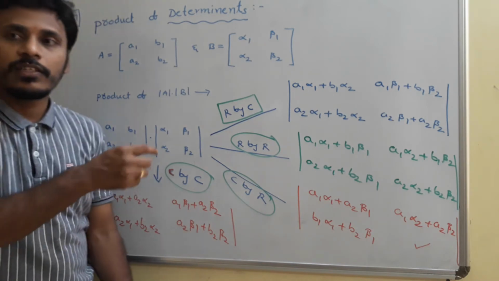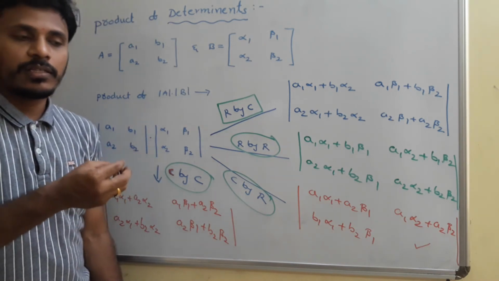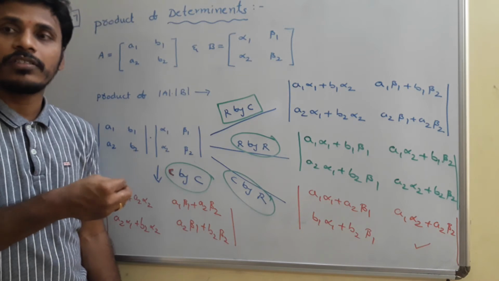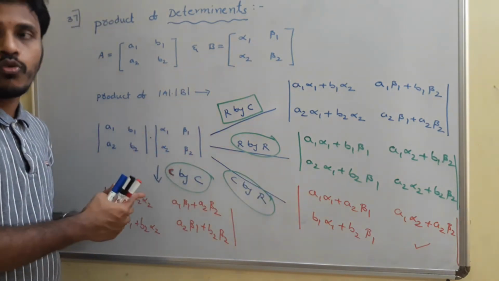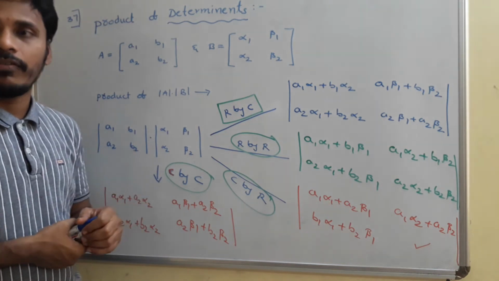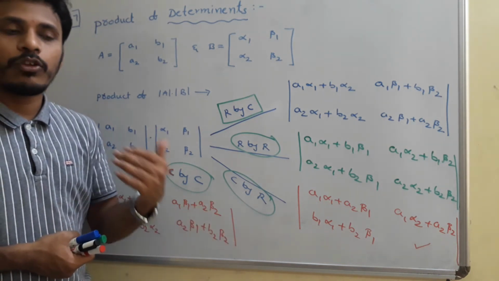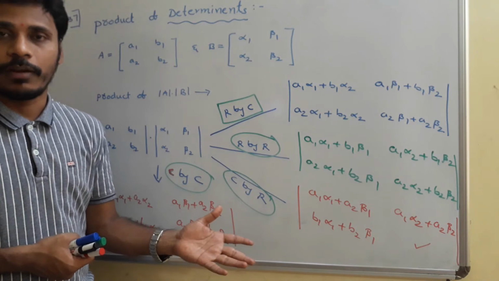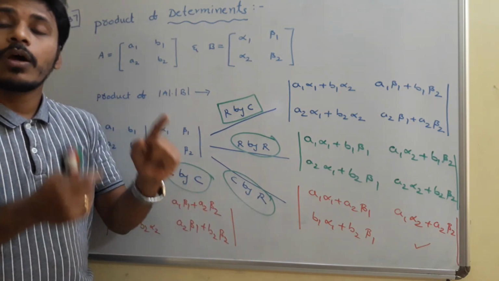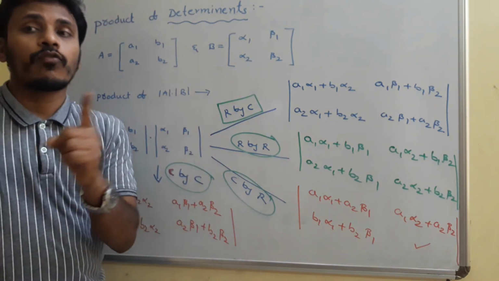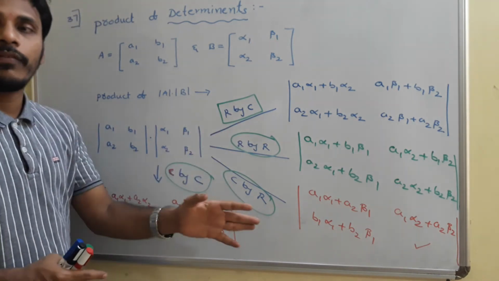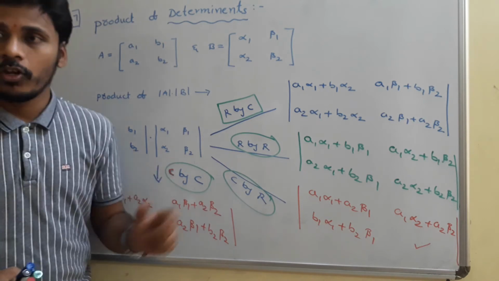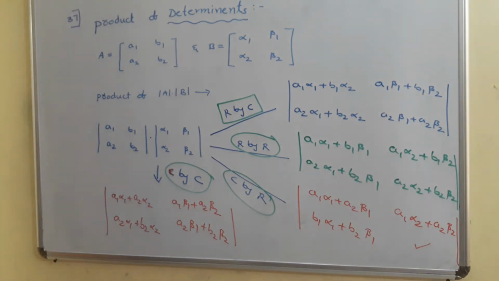And usually we use this way of expression just to express one determinant as the product of two other determinants, not to find the simplified value. To find the simplified value, we directly use the properties of determinants. But to express one determinant as a product of two other determinants, we choose any one of these four choices and express it like that. I will give you one or two problems and then you will get a clearer idea.